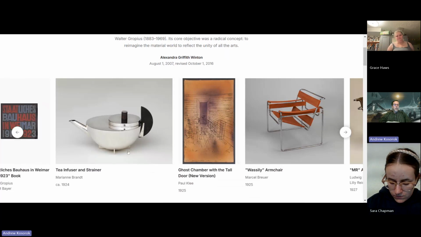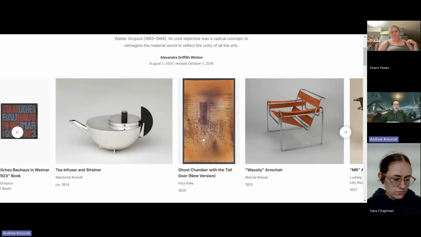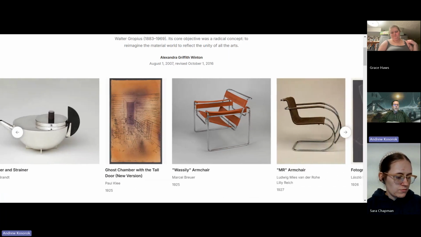Like this teapot here that is made in 1924, this style did not really become super acceptable by a lot of people in the US until you start seeing things like this show up in the 50s and 60s in popular homes. This stuff is easily 20, 30 years ahead of its time. And some of the stuff never goes away.